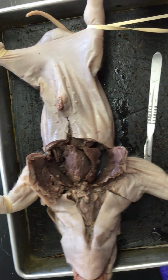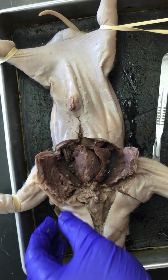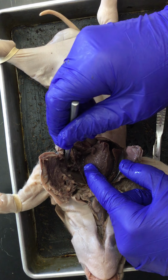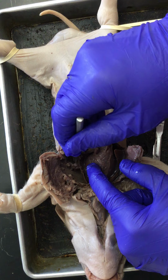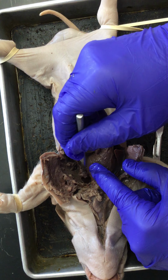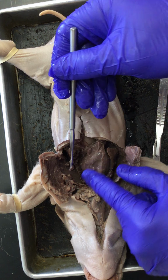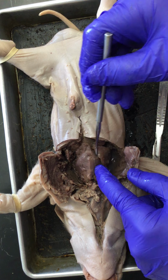All right, so now I've got the pig opened up a little bit more. And if we move the heart out of the way on this side, then you can see down here the left lung only having two lobes, one lobe here, one lobe here, because the heart is taking up so much space. The heart is on the left side of your body